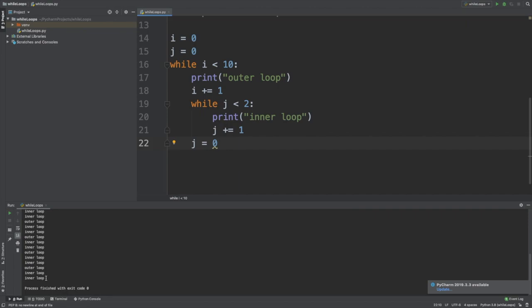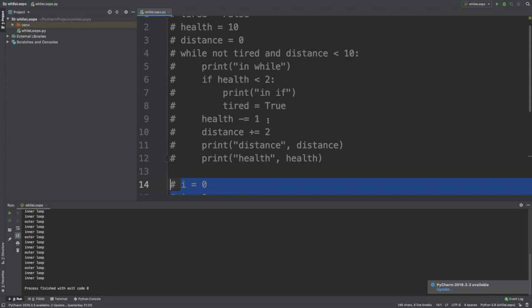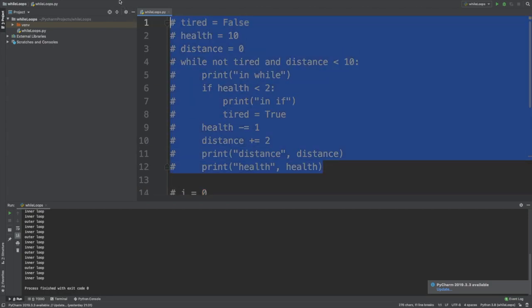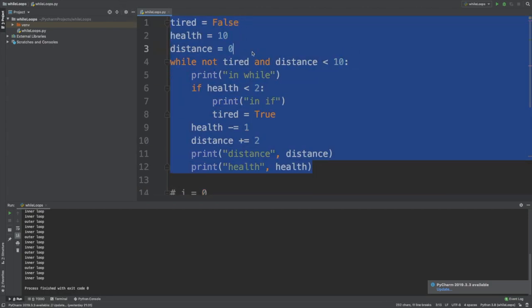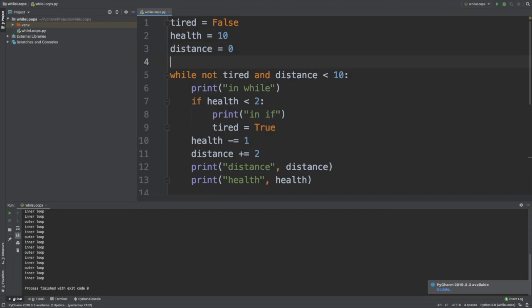Let's get onto a more complex implementation of nested while loops, and that is this running example. We're going to count the amount of steps we're doing per amount of distance. We're going to say that there are 1,000 steps in a kilometre. So inside this while loop that is currently checking if a runner is tired, we're going to add another while loop. This while loop is going to add a step to our total number of steps for every iteration of